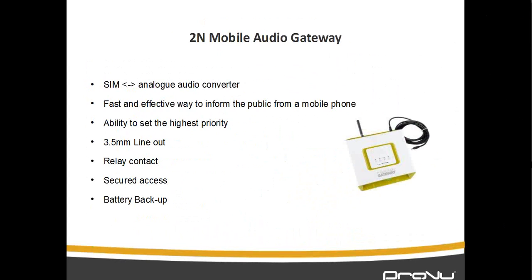The benefit of this is, if you don't have anywhere you can put Cat5 cabling, or it's difficult to get anything into that specific area where you want to do a page, you put one of these inside maybe a weatherproof box, anywhere really, hidden away. You can still make a multicast page or use it as a PA system.